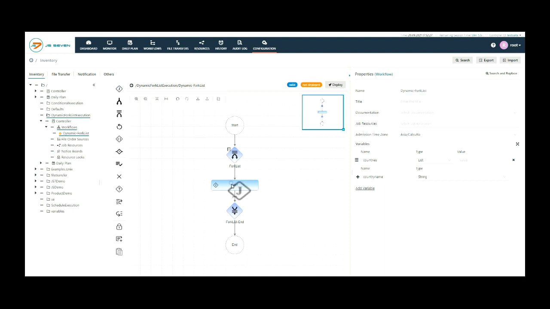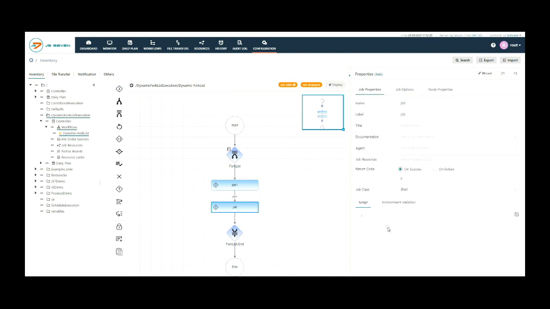Here I am adding one more job to the workflow. Adding the same script as job 1 and print the variable name in the script. At the environment variable, also I am using sleep 10 to execute the job for the next 10 seconds. So we can view that the orders are running in a workflow.